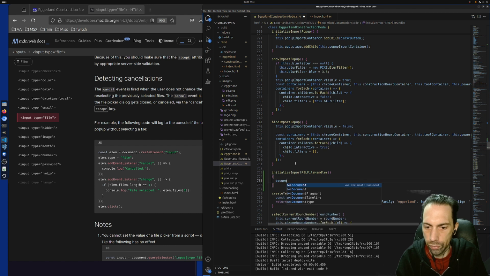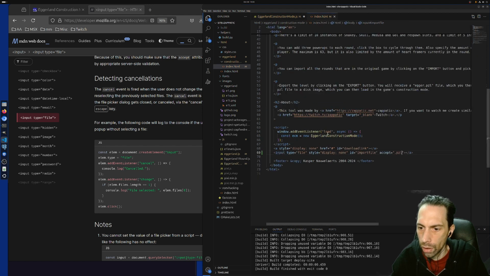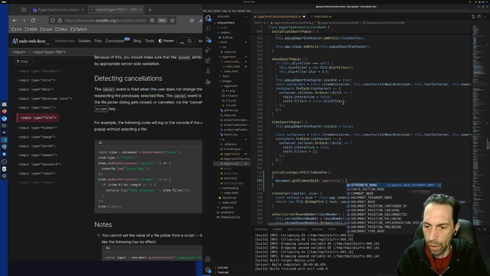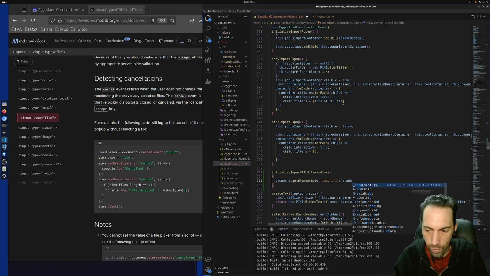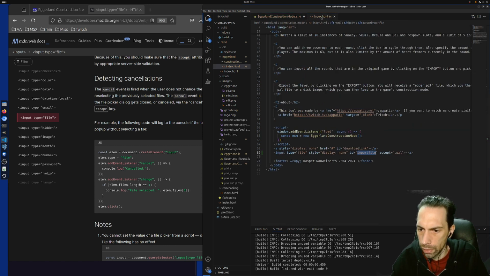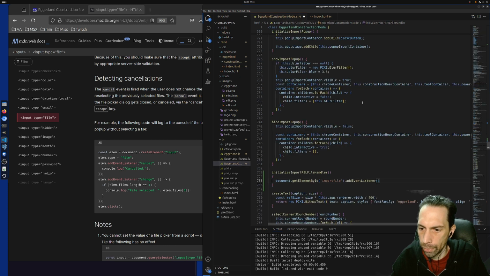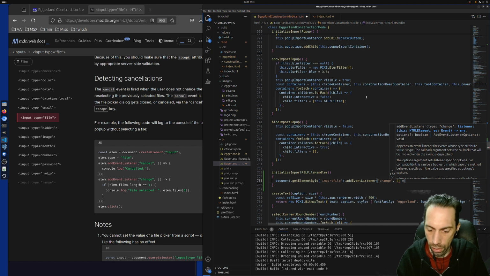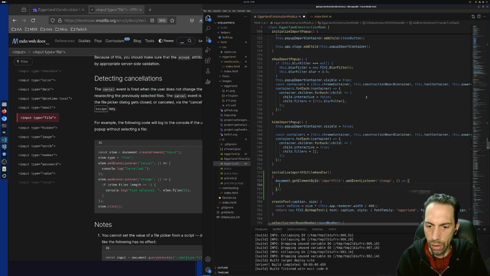I forgot the name. Import file is the name of the thing. And then add event listener, is that the thing? Yeah. Add event listener for change. And then we'll add a little function here that logs our file,